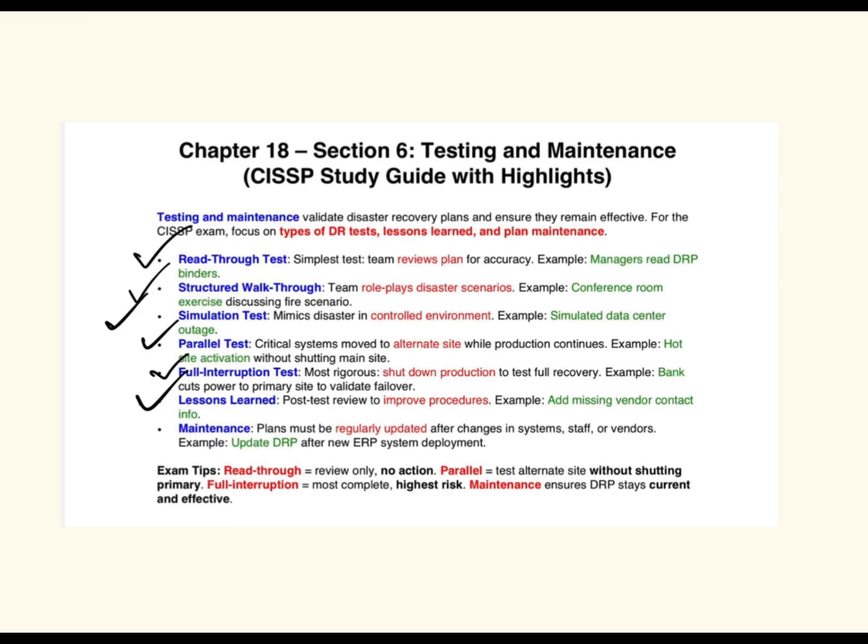In this context, it is a post-test meeting to review what worked